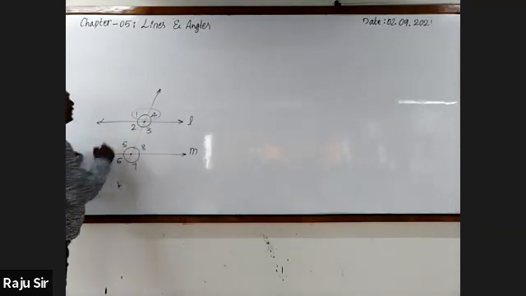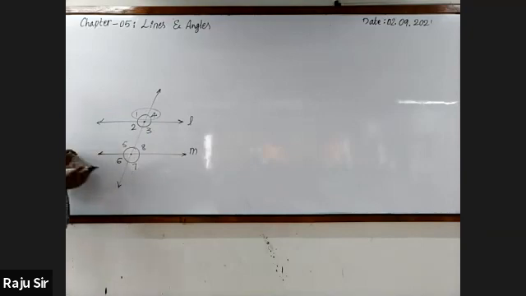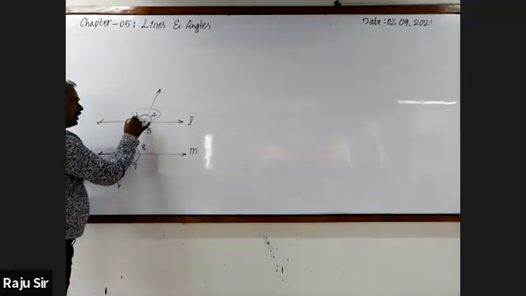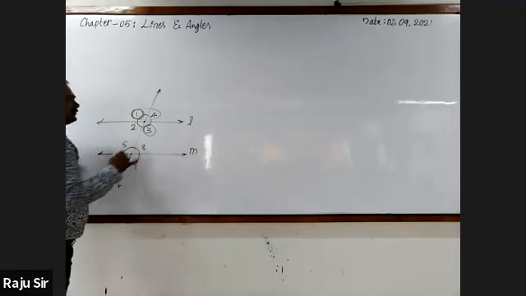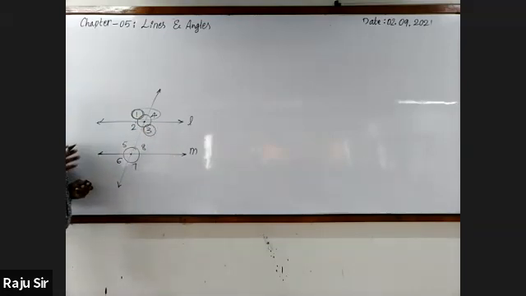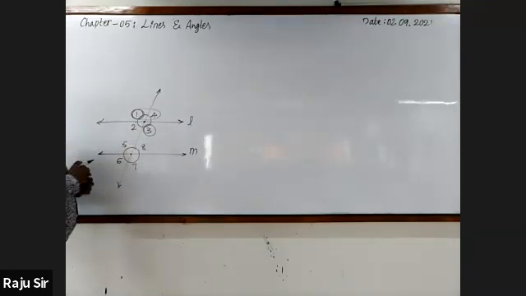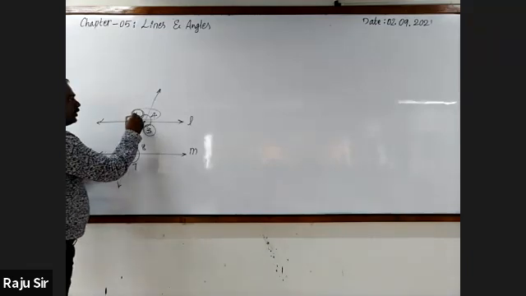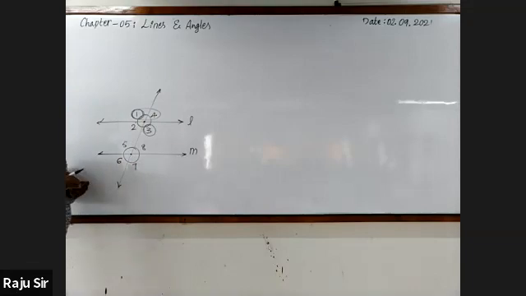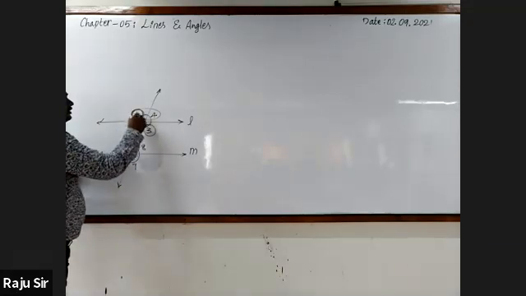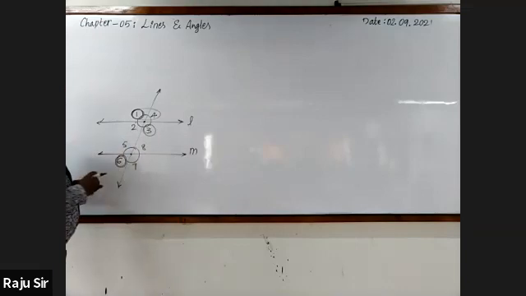Now tell, what do you call angles 1 and 4? Adjacent angles, a linear pair of angles. What do you call angle 1 and angle 3? Vertically opposite angles. Angles 2, 3, 8, 5 are interior angles. Angles 1, 4, 7, 6 are exterior angles. Angle 1 and its corresponding angle are corresponding angles.